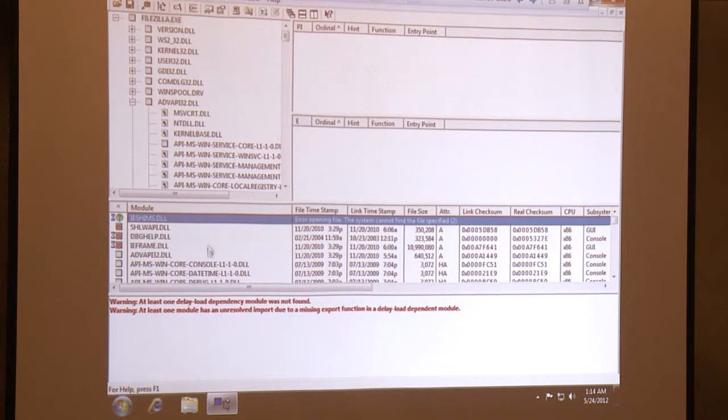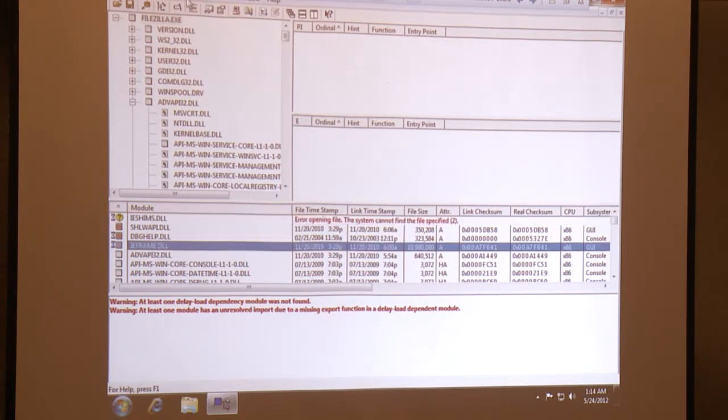The other thing I liked about this tool is you could see failed DLL calls, and if you Googled up the name of the API